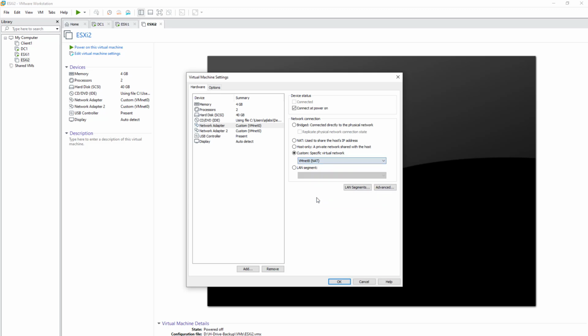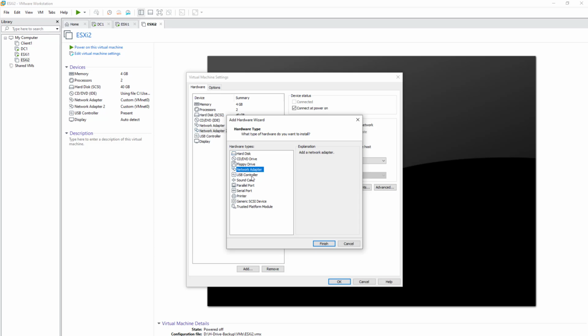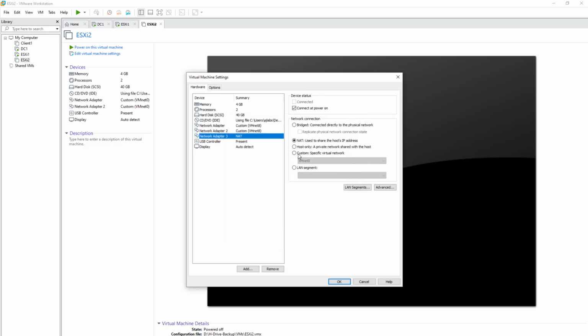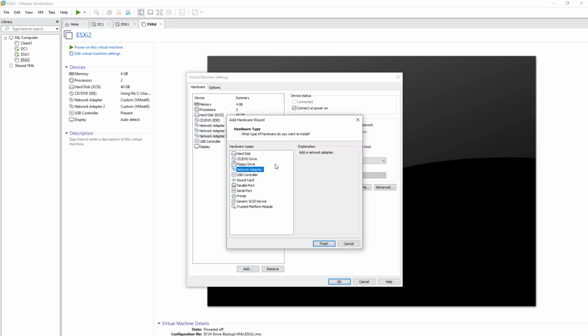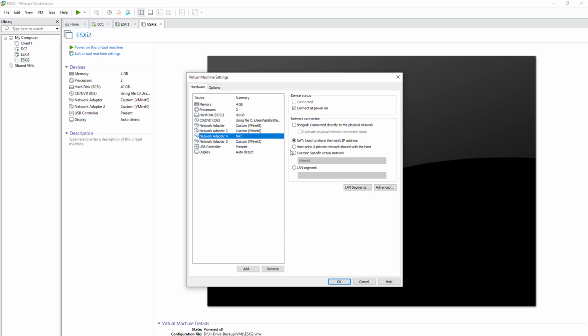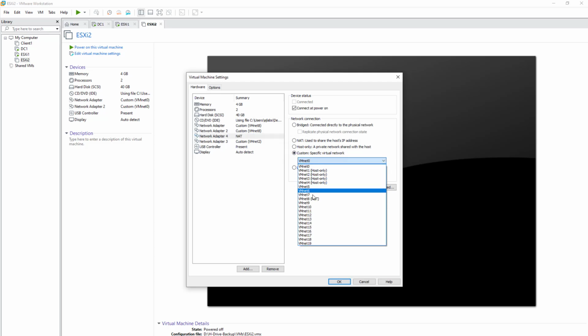So VMnet 8 and again VMnet 8. And then I'm going to add another network adapter, and that's going to be on VMnet 2. I'll add another network adapter, say finish, VMnet 2,